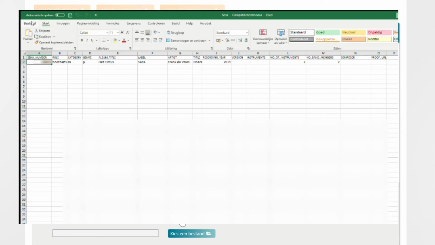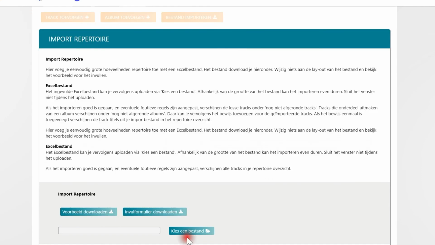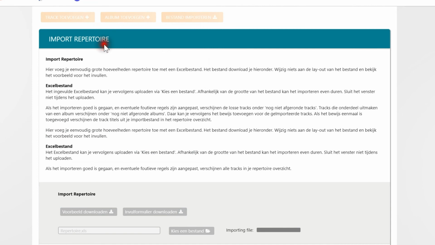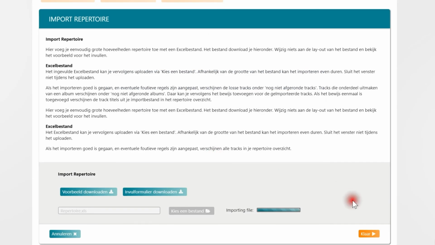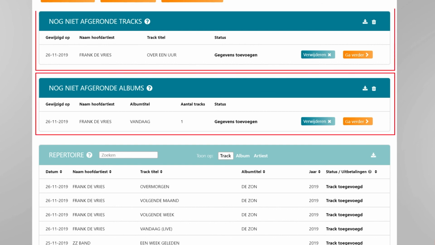Once you have filled in all the fields, save the Excel sheet on your computer and click on Select a file. Double-click on the file and you will see a progress bar next to Importing File. Click on Submit. With this option, you can later add proof of participation in albums not completed or tracks not